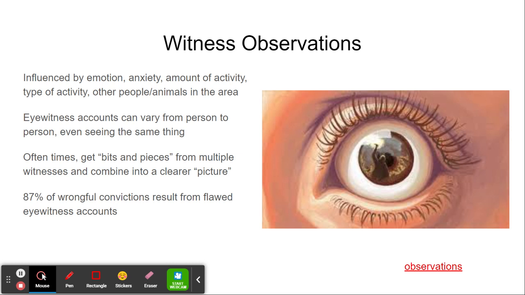This is kind of unfortunate, but 87% of wrongful convictions are due to flawed eyewitness accounts. And what that simply means is, let's say I saw a crime committed, I saw the individual that committed the crime, and I go to police and I tell police this is what that individual looked like. Well, again, based on my anxiety, based on how emotional the situation was, how busy the situation was, all of those different things. 87% of the time, well, that statement's not completely correct, but a lot of that information is going to be flawed,